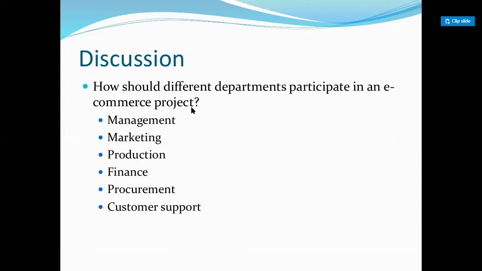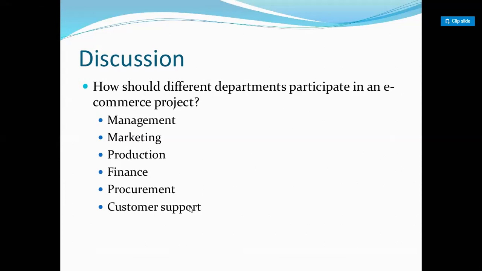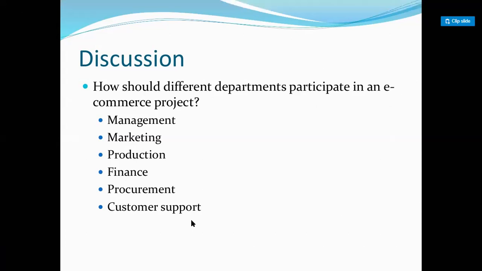If you are in the production department, how will the production department benefit from e-commerce? If you are dealing in the finance department, then again, what are the advantages available to you by using e-commerce? Then similarly, sales and procurement, meaning when we are in the process of recruiting and selecting. If you are in customer support, and you are going to resolve customers' issues, how will e-commerce